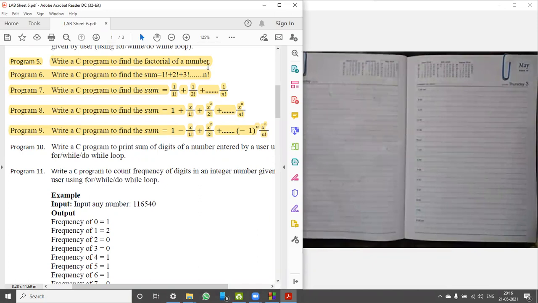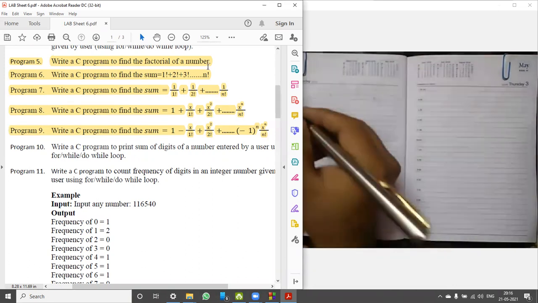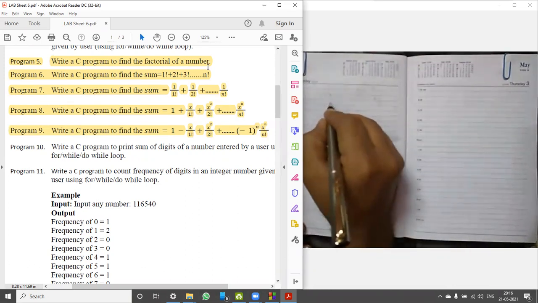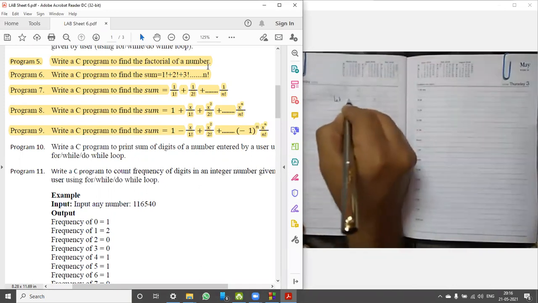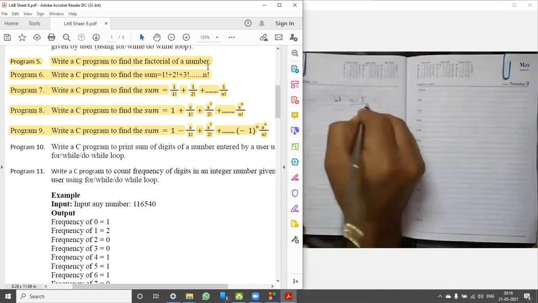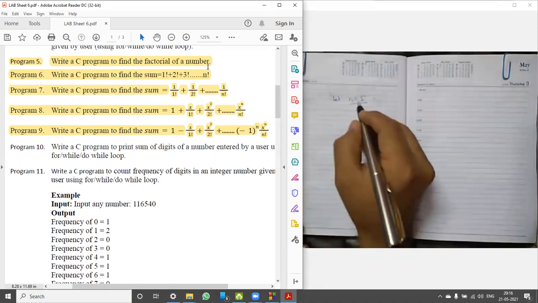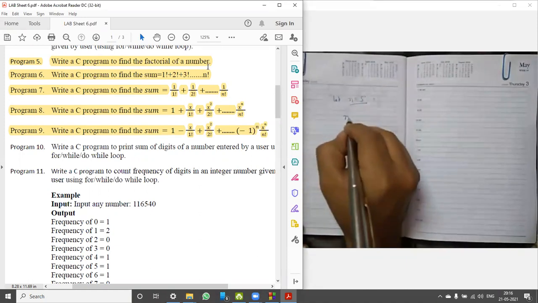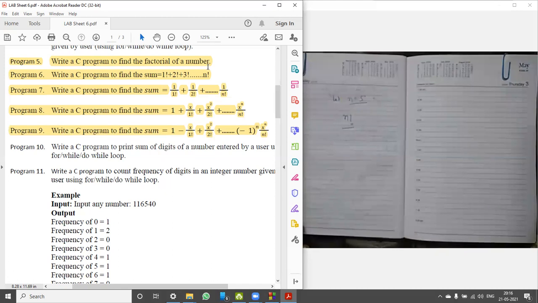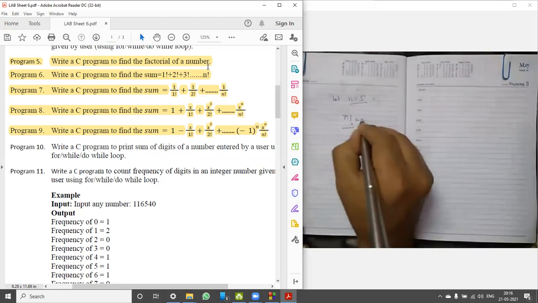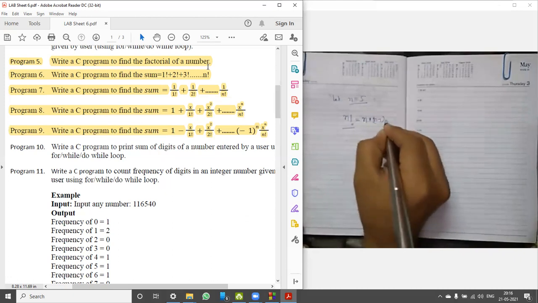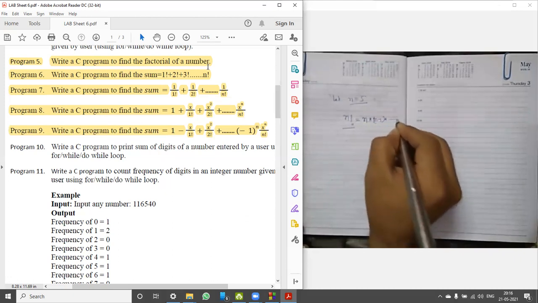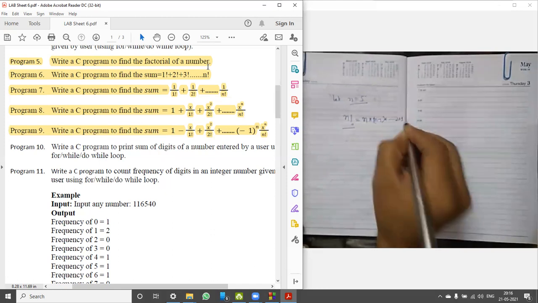Okay? Let us first understand what the factorial of a number is. Let my number be 5. Then the factorial, n factorial, means n multiplied by n minus 1, multiplied up to 2 into 1.